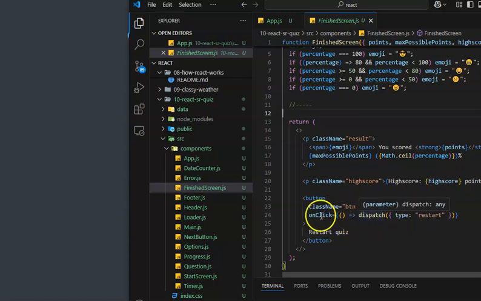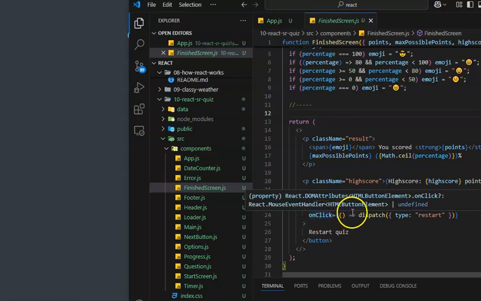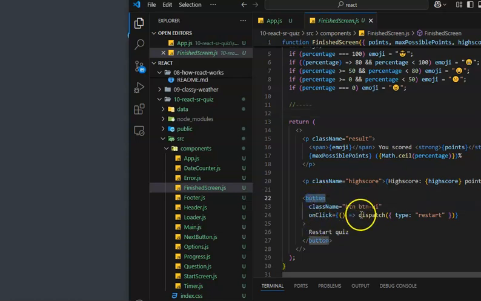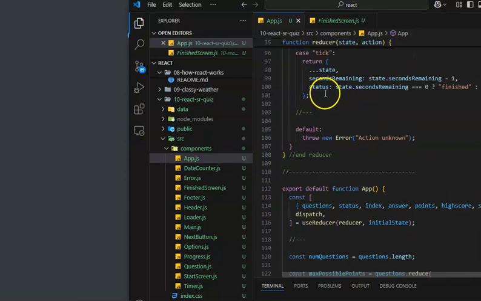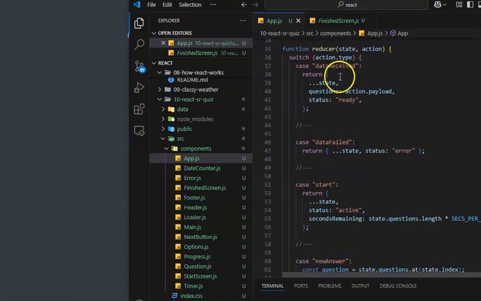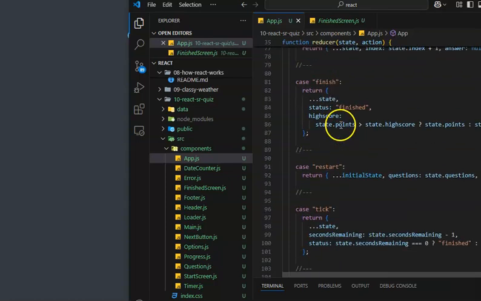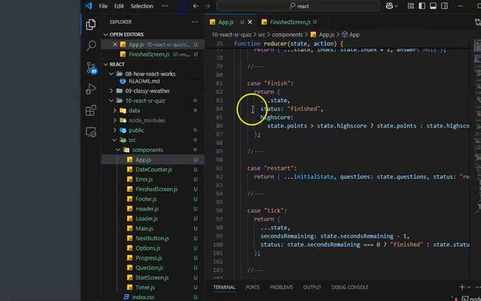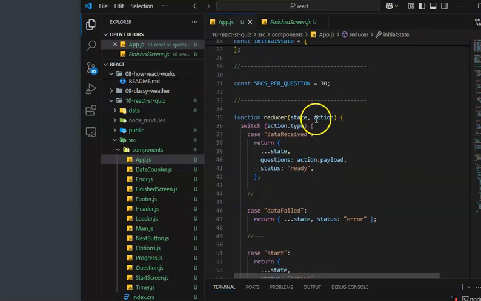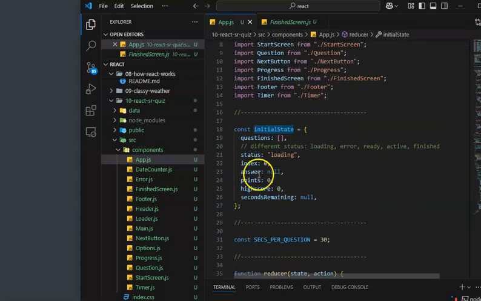restart. So it's using the click event here on the button. Then there's going to be a dispatch, basically saying, hey, I want to restart. So we go back to the reducer, and we say, okay, we want to restart. Where is that at? Right here. So the reducer is essentially going to go to the initial state, basically reset everything here to 0, 0, 0,